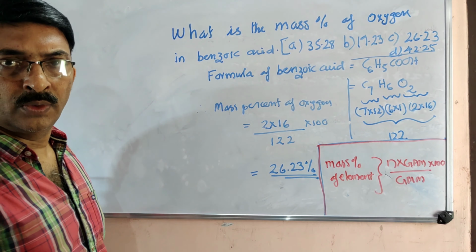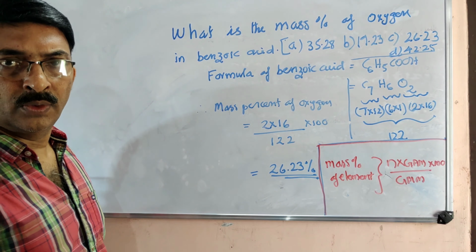Sometimes, based on this data, another way of asking the question is: in the first compound the percent mass of A is this, then what is the percent mass of A in the second compound? Here both the compounds' formulas will be given. What I mean is, this ratio we know, this ratio we know, this ratio will also be given. Then we have to find these two values. So you can use the same equation. Okay, right. Our next problem.